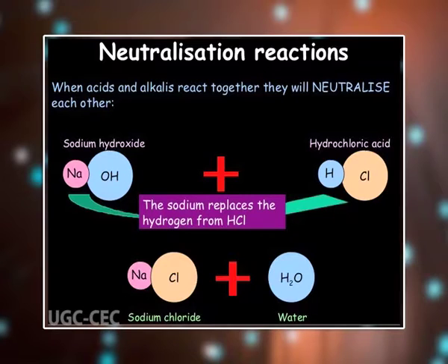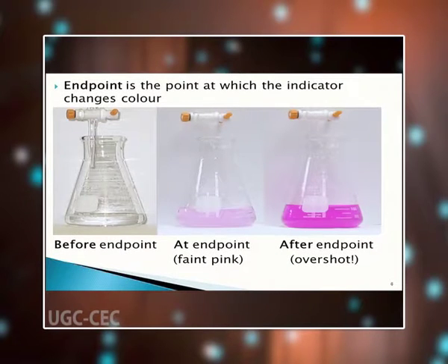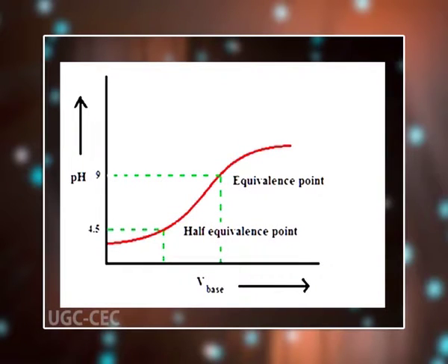When we carry out a simple acid-base titration, we use an indicator to tell when we have the acid and alkali mixed in exactly the right proportions to neutralize each other. When the indicator changes color, this is often described as the end point of the titration. In an ideal world, the color change would happen when we mix the two solutions together in exactly equal proportions. That particular point is known as the equivalence point.